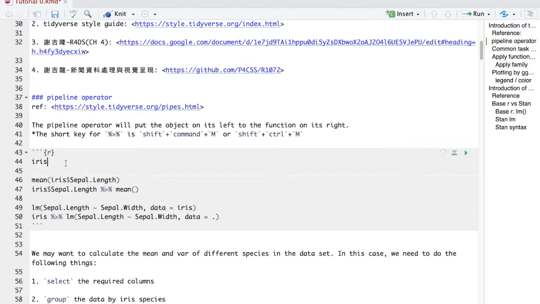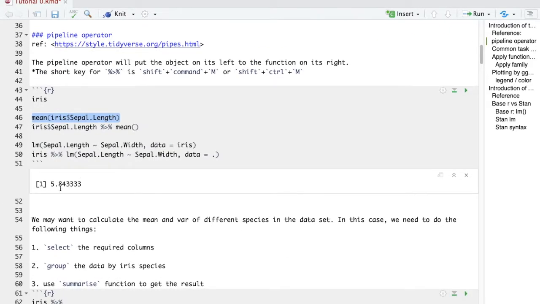So let's use the iris data as an example. Let's say we want to take the mean of the sepal length. In our base R code, we just use mean and iris sepal length, and we'll get the result. It's 5.84. But with the pipeline operator, we can do it like this. We choose the sepal length from iris first, and then use the pipeline operator and use mean. The pipeline operator will plug the iris sepal length into the mean function,